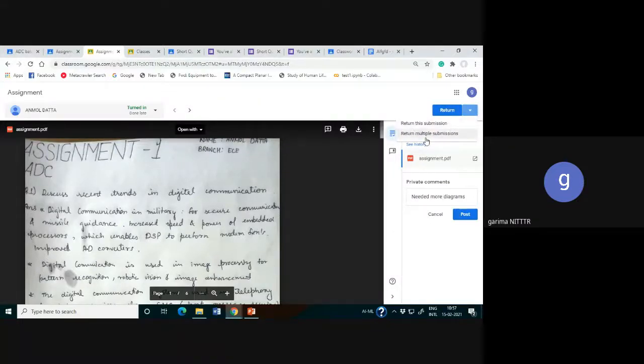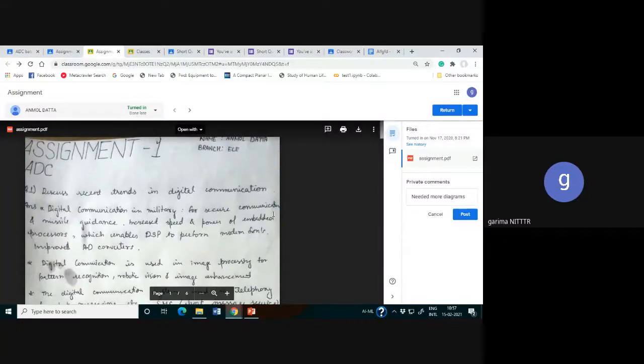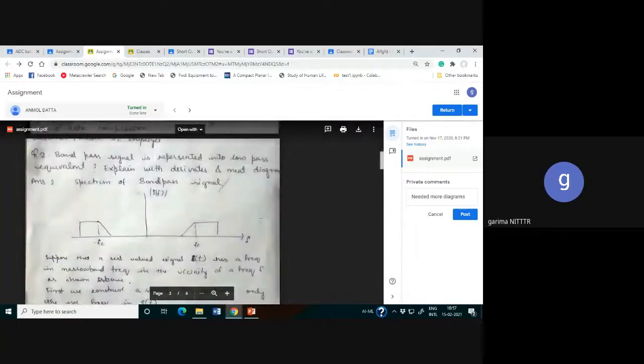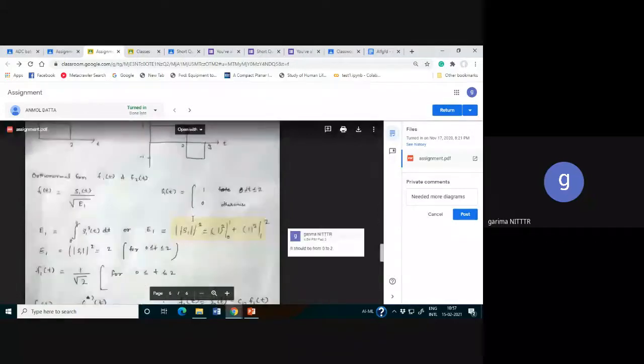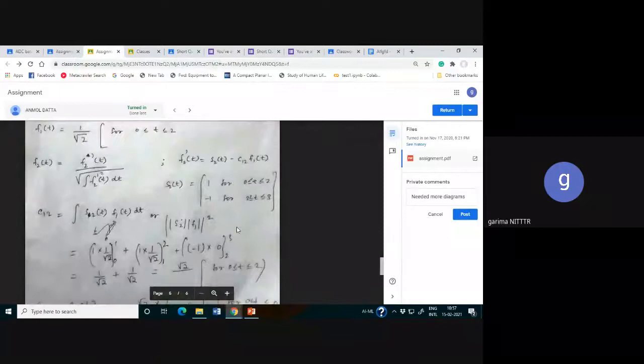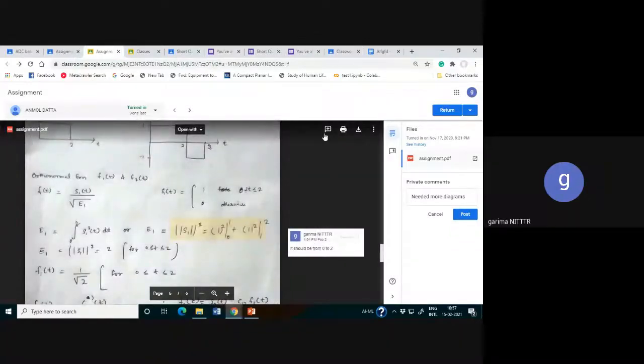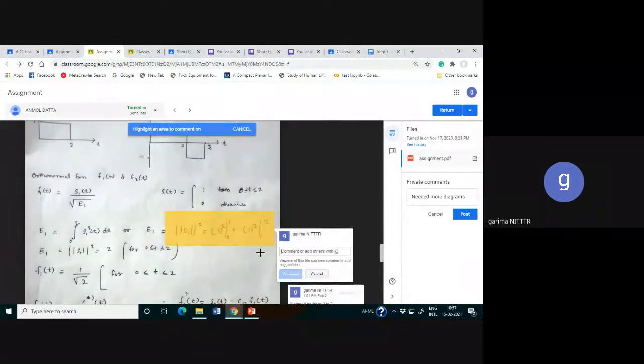Now, the second thing is, if I want to give feedback for a particular area, suppose the student has written this particular thing and I want that it should not be like this, I'll just add a comment. Click on this plus sign. This plus sign will highlight that particular area where I want to give a comment.